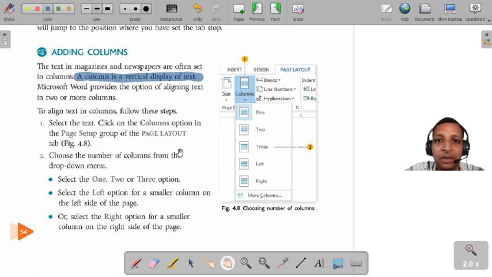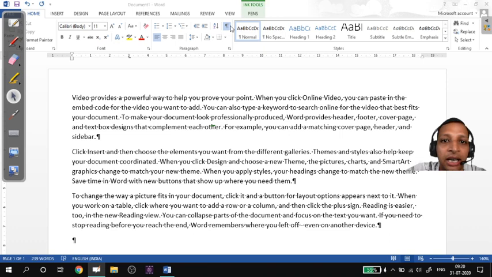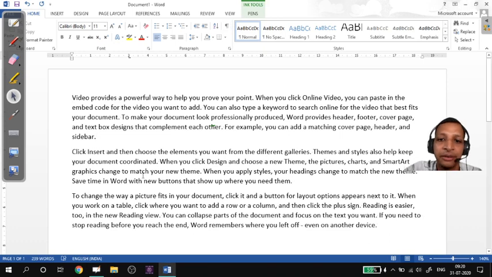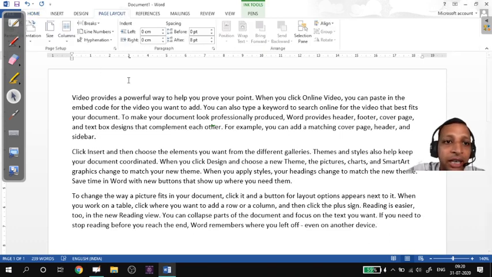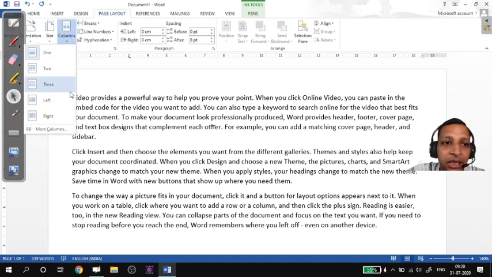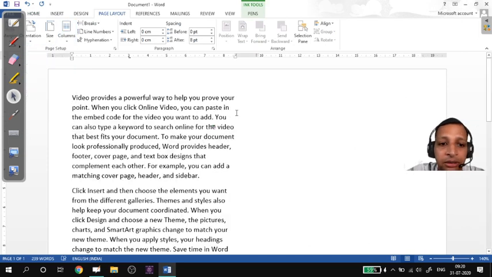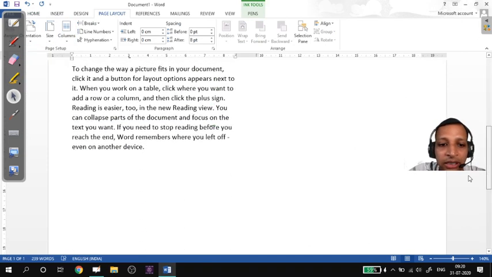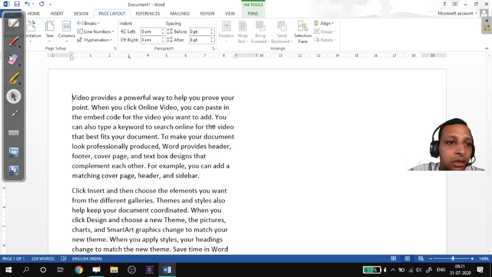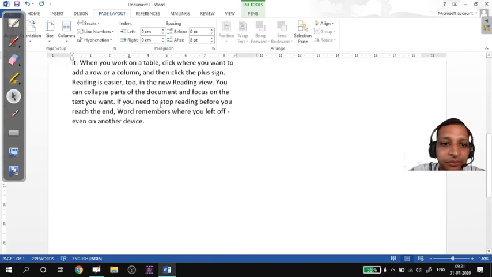Instead of wasting my time reading the steps, let me go to my Word application and show you all in real time. So we go to the Page Layout tab, and in the Page Setup group we have the Columns button. Once you click on that, right now there is one column. I can make it into 2 columns. Because the page is not over, it is not flowing into the other column. So I'll put dummy text here.